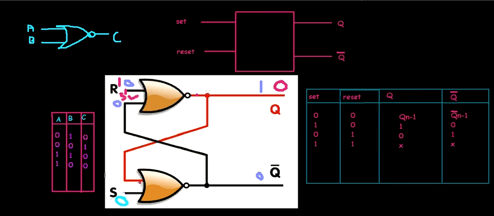So this 0 will also be an input to this gate. When both are 0, output will be 1. Wow, now we have 0 at Q and 1 at Q bar. Now just remove this 5 volt, remove this 1, again make it 0. So we don't want to waste any energy, right? So we are just removing it and again making it 0.